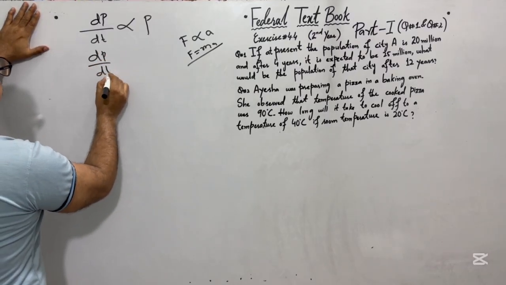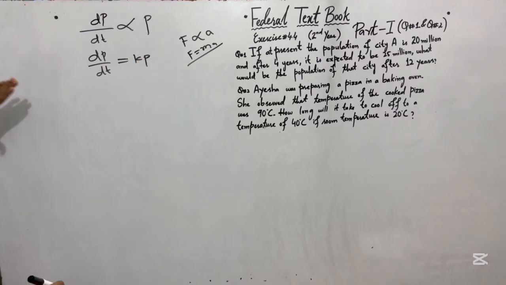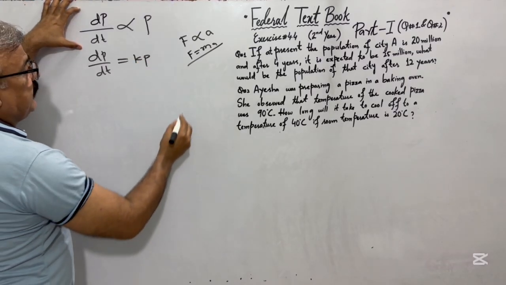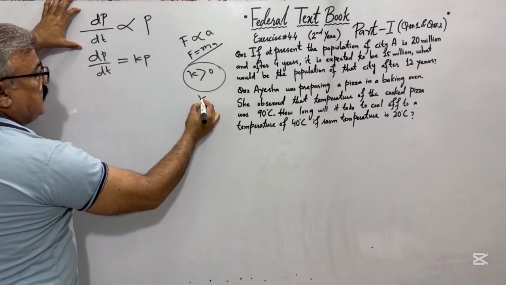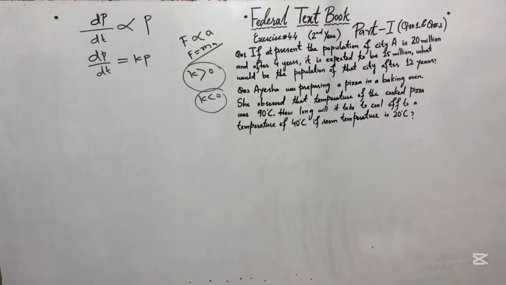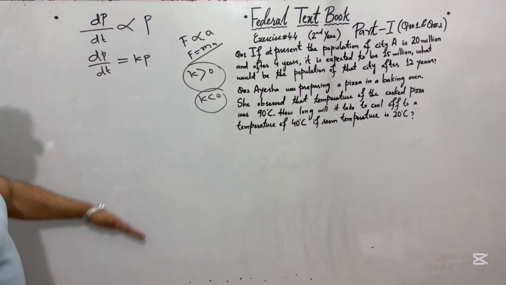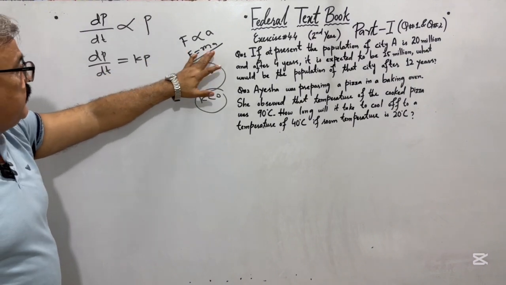dP over dt is equal to k times P. If it is the question of increase, k is obviously greater than 0. If it is the question of decrease, k is less than 0. That is the technicality to be noted down in order to apply the concept here. F is directly proportional to a. In the same token,